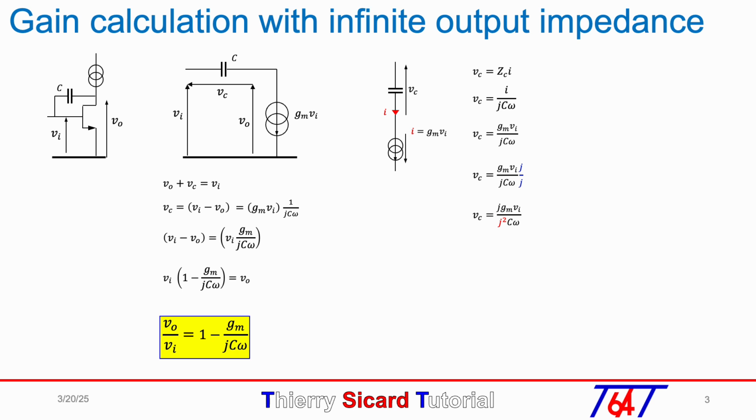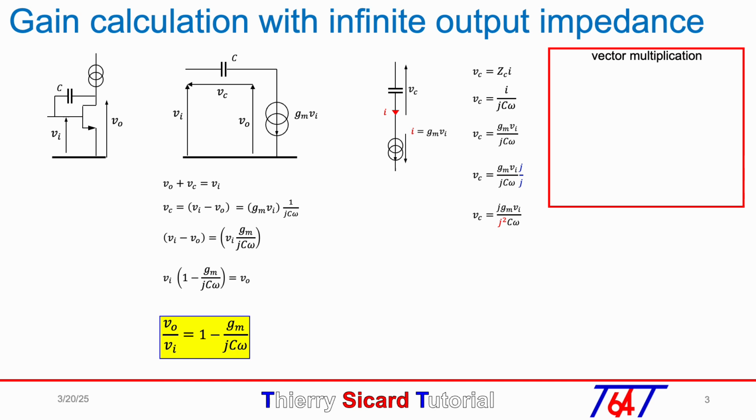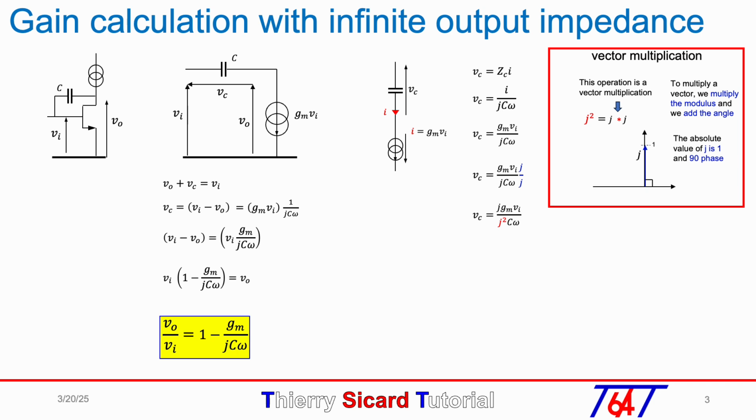Before continuing, I'd like to open a paragraph to discuss the mathematical operation of vector multiplication. The bold red star represents specific vector multiplication. To multiply vectors, we multiply their moduli and add their angles. Since vector j has a modulus of 1 and a 90-degree phase, the result is -1 on the real number axis. Thus, the vector